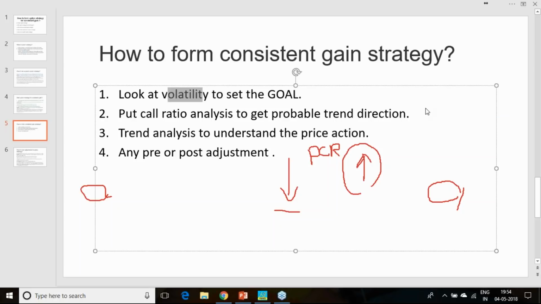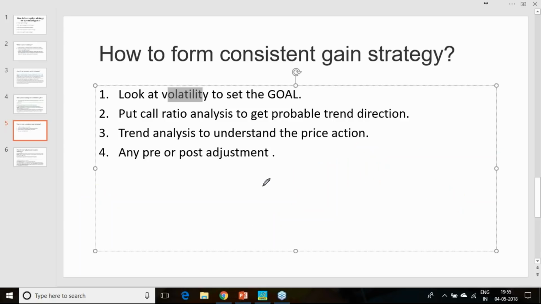However, in a new settlement cycle, you need to wait a day or two to decide the PCR. Thursday is the market expiry for the previous cycle. The new settlement cycle starts from Friday, but you should take the PCR analysis after Monday. That will be a great choice. Individual strikes' PCR also gives you a great thought. Suppose for the 10,500 strike call and put, you can take the PCR from there also and derive some views. So this is a very great subject.